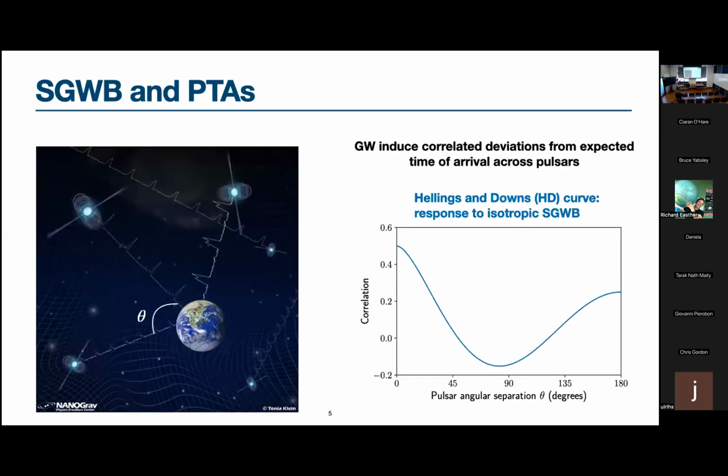So the idea behind gravitational wave detection with PTAs is the fact that pulsars or millisecond pulsars, which are used for these detections, are like cosmic clocks because they emit pulses at extremely regular intervals. And this fact allows us to detect gravitational waves through the effect of these gravitational waves on the distance between the Earth pulsar baseline. So if there's a gravitational wave passing through, it will change the length between the Earth and the pulsar and lead to deviations in the expected time of arrival.